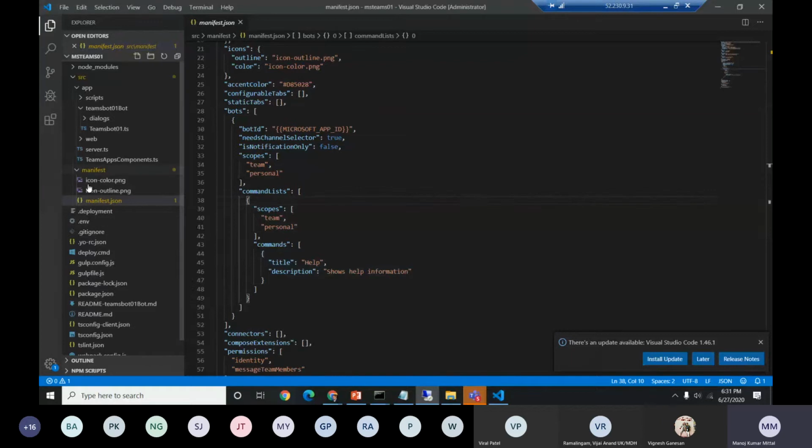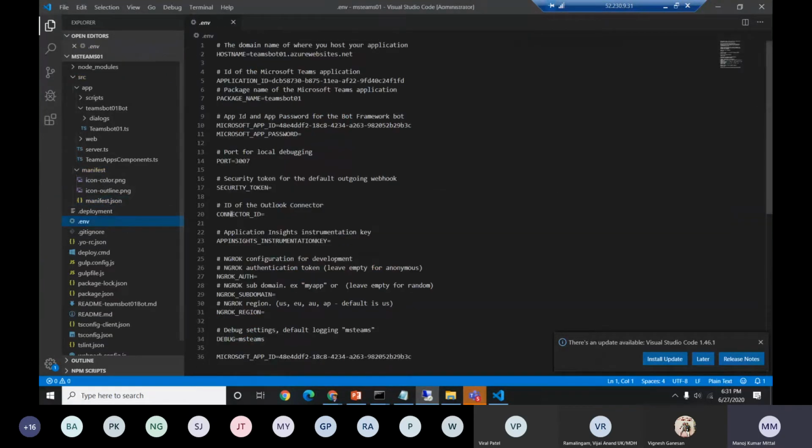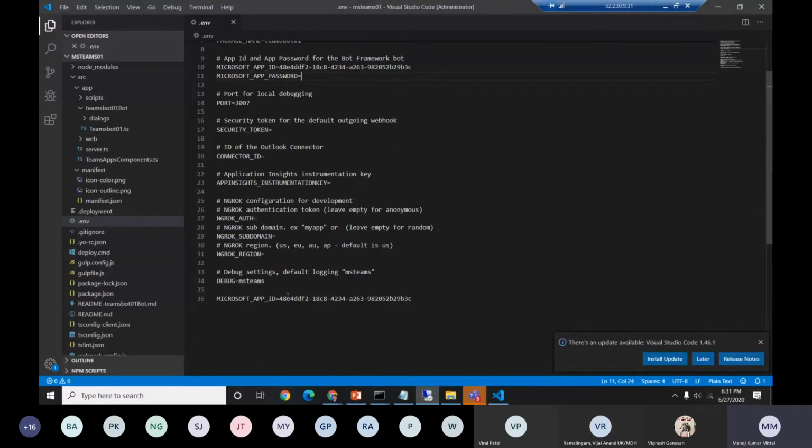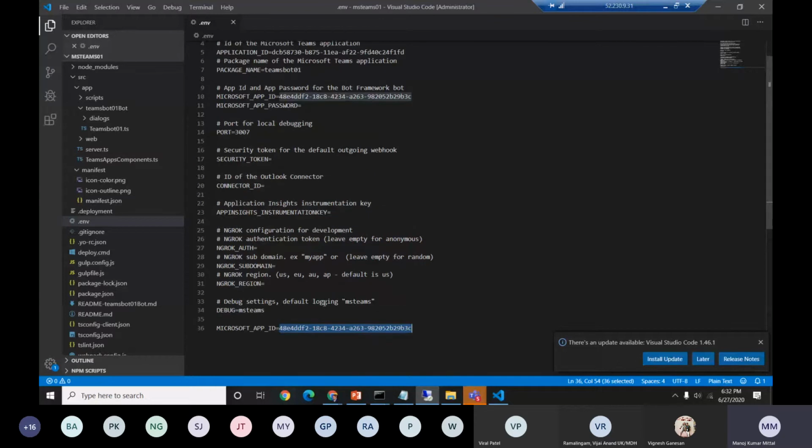And then we can open these files in the browser and just make a zip of all the three files and we are good to deploy. Another important file we have is the environment file. Here it gives the app ID and app password. The app ID is from the Azure bot. We need to take it, and the password also we need to type here. Similarly, there is one more place where we need to add it. It comes by default, because during the project creation we have given the app ID, so it comes from there only.